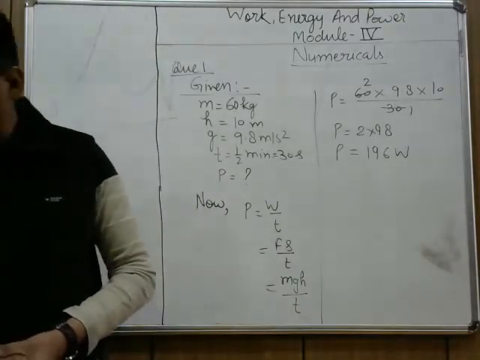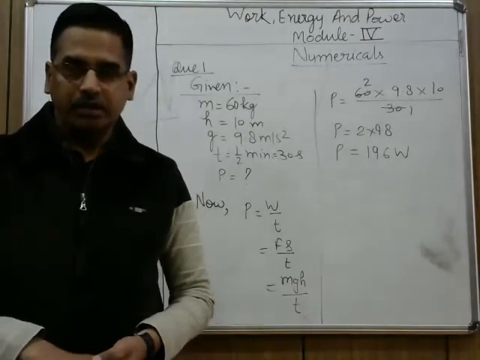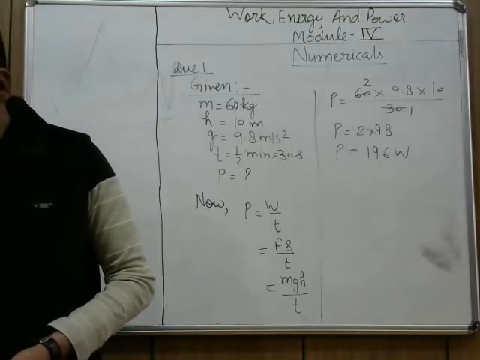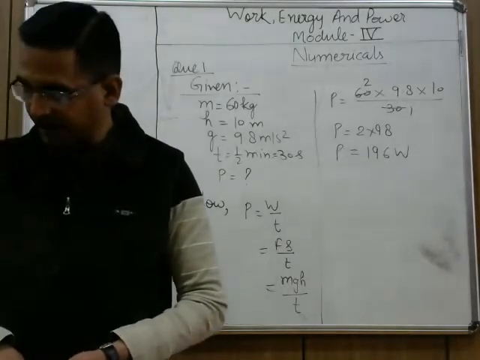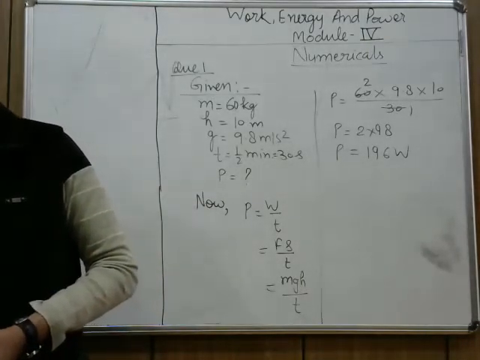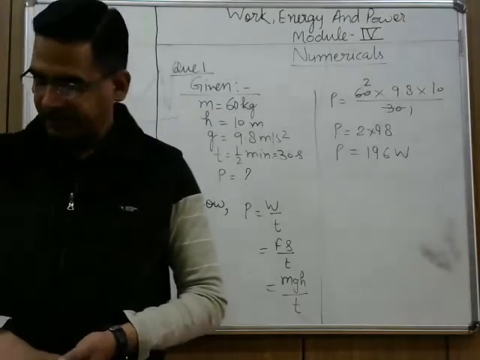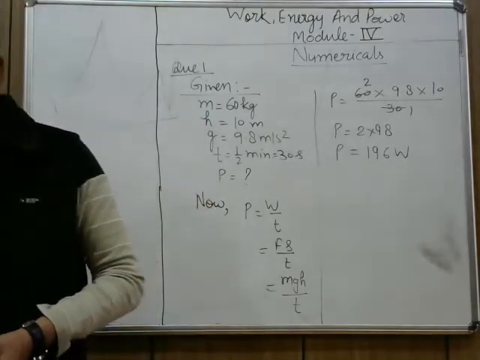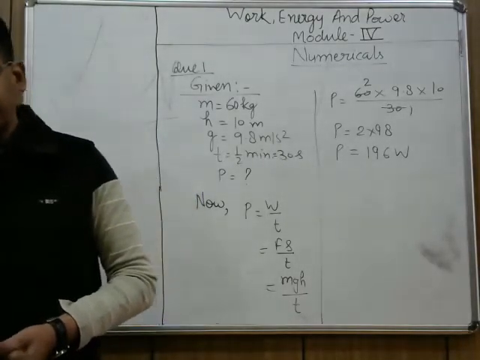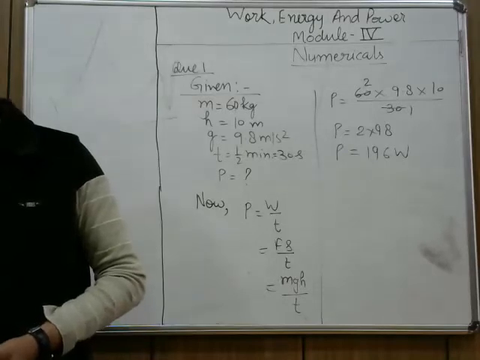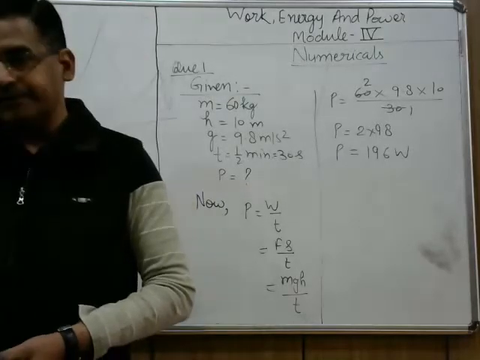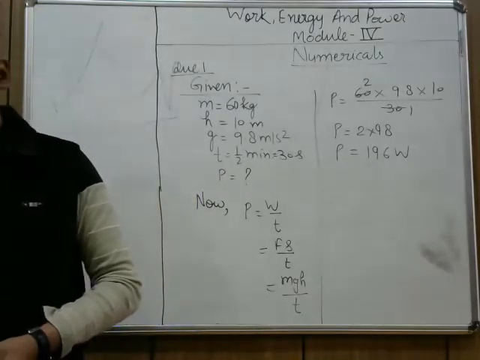Second question is, the power of a pump motor is 2 kilowatt. In this question, power is given. How much water per minute can it raise to a height of 10 meter? Again, height is given, but mass of water which can be lifted up is required, and time is per minute means 60 seconds. g in this question is given 10 meter per second square. I read the question again. The power of a pump motor is 2 kilowatt. How much water per minute can it raise to a height of 10 meter? g is 10 meter per second square.